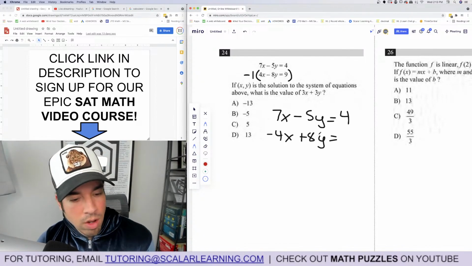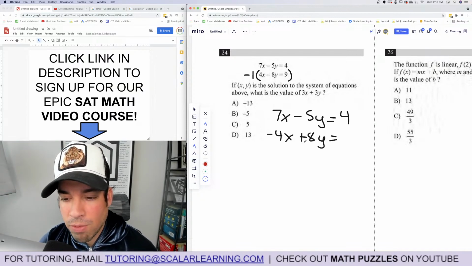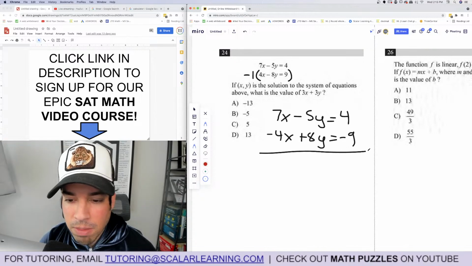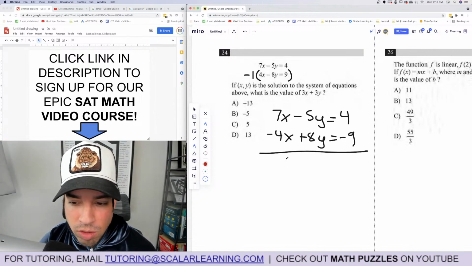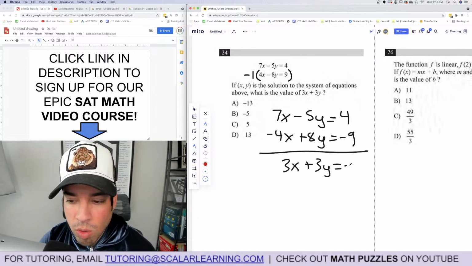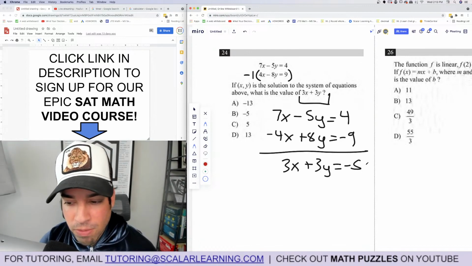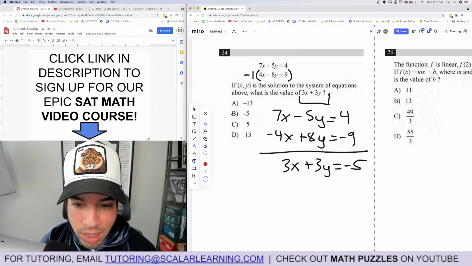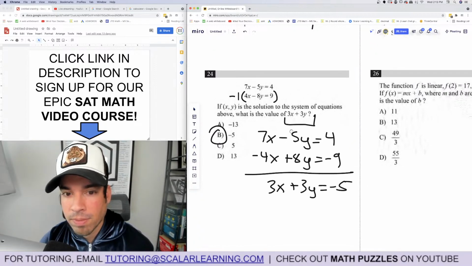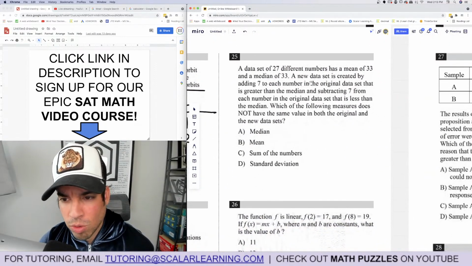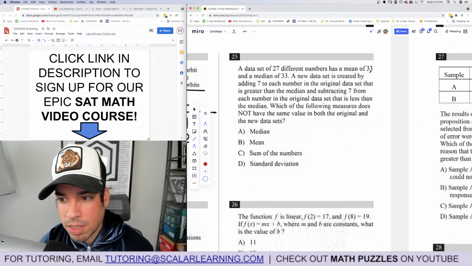Anyways. Sorry. So then I get -4x plus 8y equals -9. Then I combine these guys. 7x minus 4x is 3x. -5y plus 8y is 3y. And lo and behold, we have what we sought out to get. We don't have to solve for those individually. 3x plus 3y equals -5. Boom, done. 25. A data set of 27 different numbers has a mean of 33